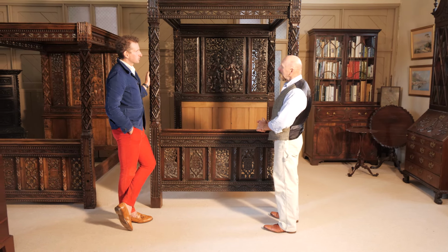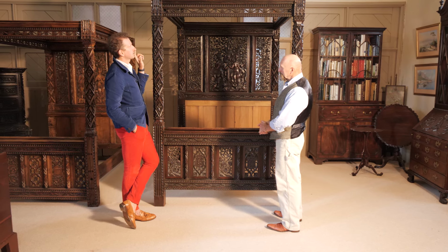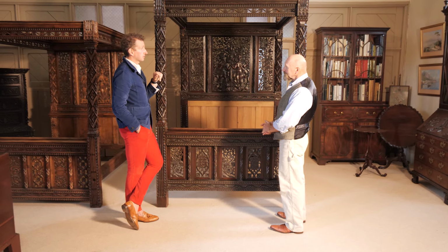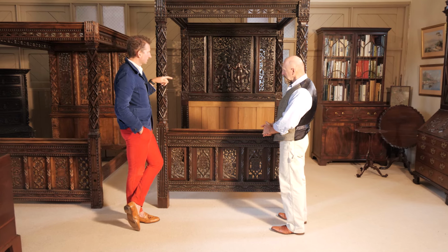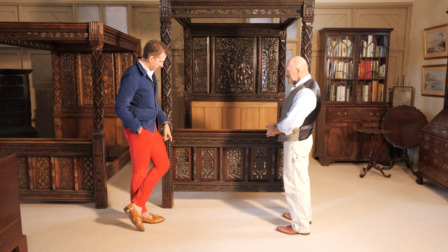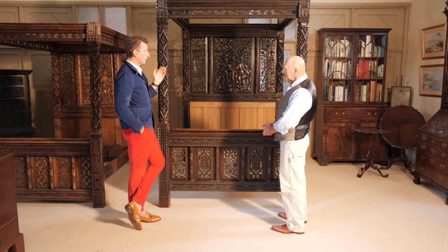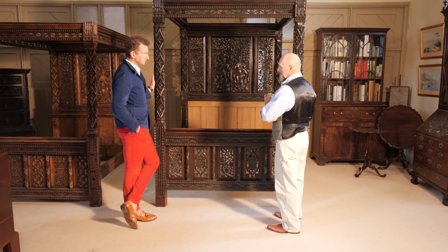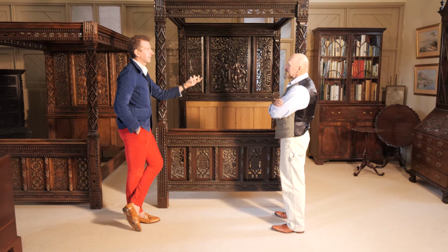And then there's, in George's house, because George managed to acquire certain parts of the bed, there's a Jacobite achievement, a royal coat of arms with very Jacobite Catholic overtones in terms of style, which match certain key characteristics of the bed. The dead wood motif that we find all over, speaking of rebirth. So the pierced banderole, which we're seeing specifically on the bed, and you just don't see that anywhere else at all. So the bed's given a Catholic...